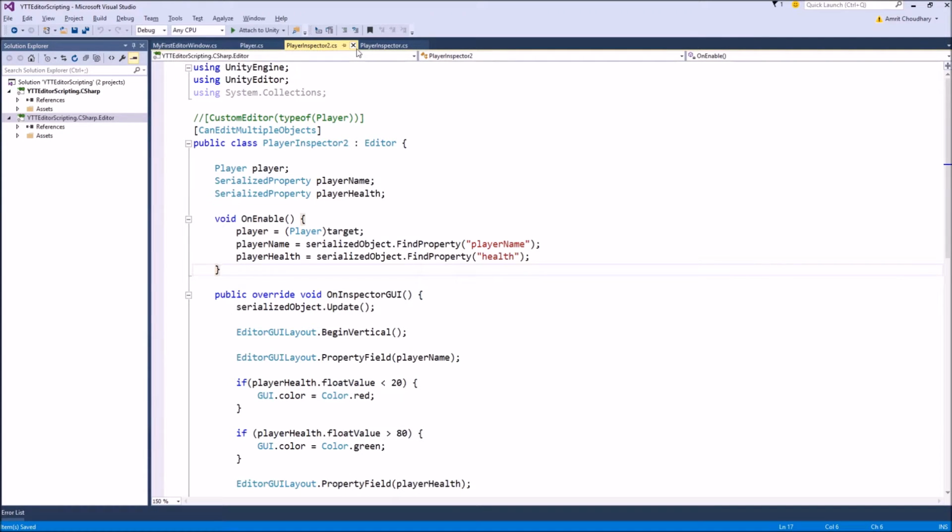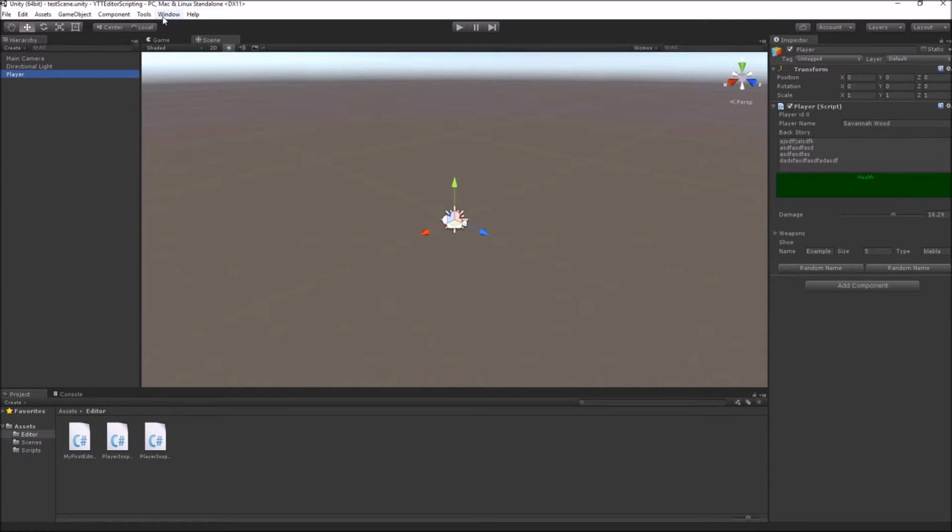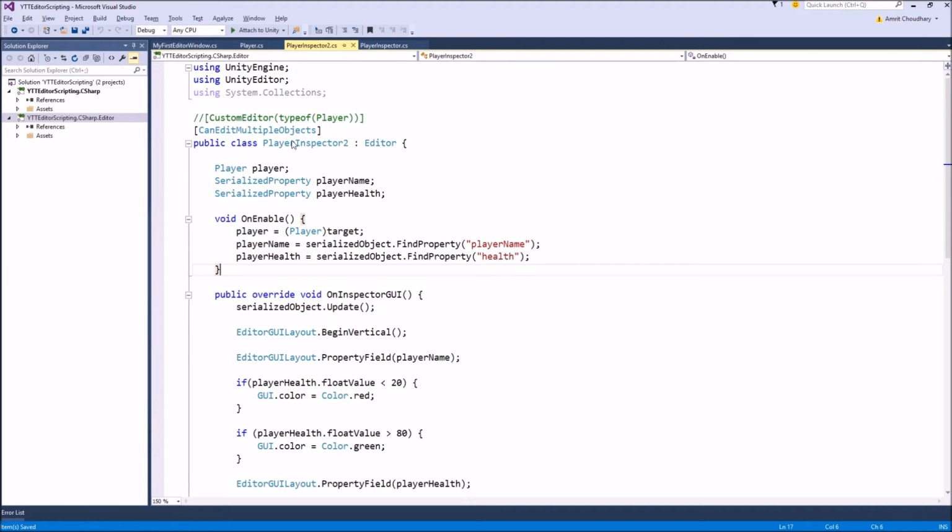This is useful in cases where your editor windows are tools that are very specific to the game object. Suppose you have a tool to generate a random name for your player, and that tool is inside an editor window. So what you will ideally want is that your tool should not clutter your menu space here, because that tool will only be used from your player script. So in those cases you would want a button inside your player script, and from there you want to spawn your editor window.